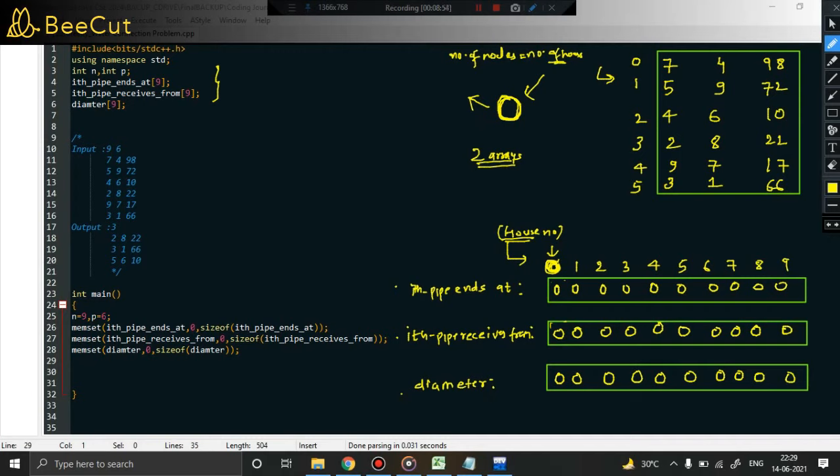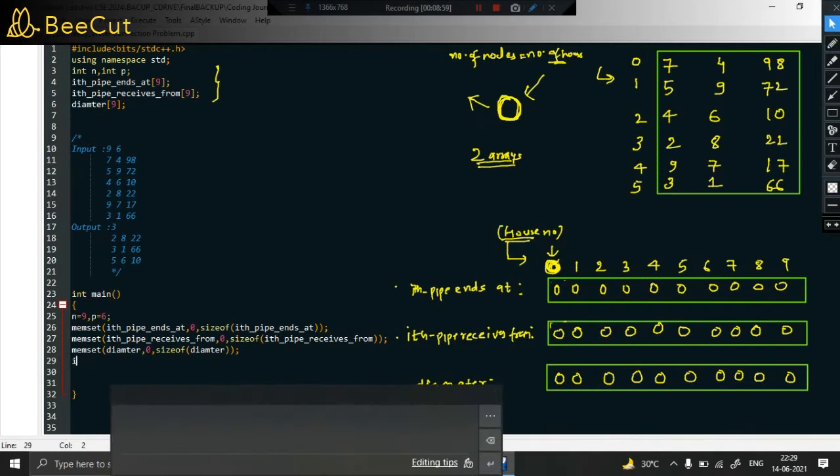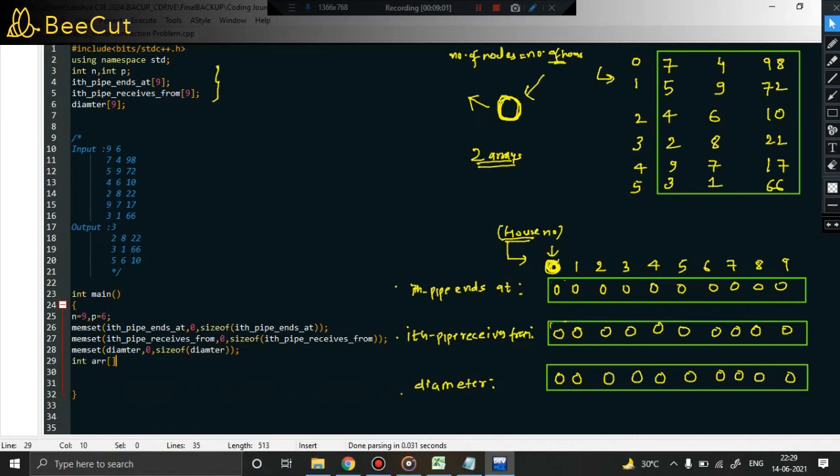Now what next? We should declare the array. The array I'm going to declare is an integer array, and 3 columns will be there, because you can see there are 3 columns. I'm not defining the number of rows. You can define it, no problem, but there are 3 columns. Equal to, let me write the values: 7 4 and 98. So 7 comma 4 comma 98. Done. Comma,